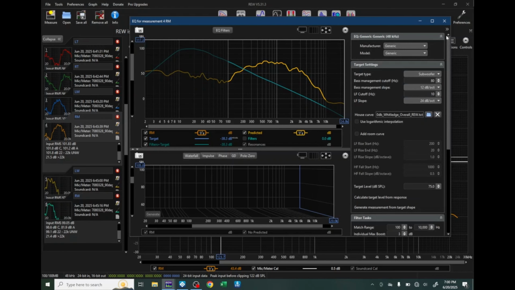Some of the settings are remembered wrong, so we're gonna do this one, 30 band, speaker driver, we're gonna do 300 to 3500, LR4,